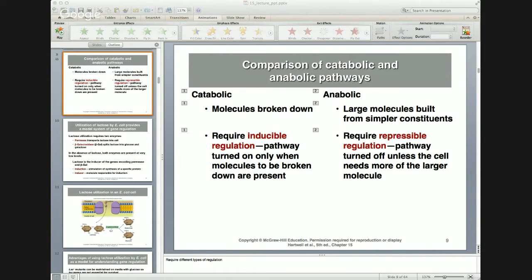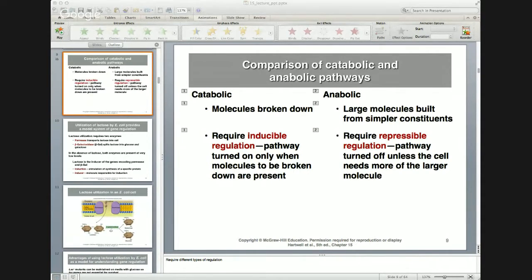So the repressor is involved in regulating these structural genes. The repressor represses expression of the structural genes. And then we have the inducer. The inducer is lactose. So lactose induces the operon